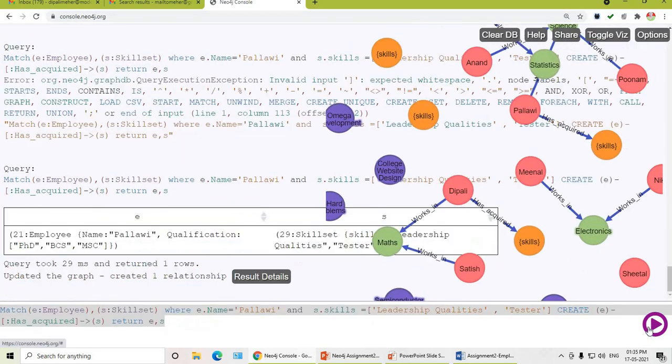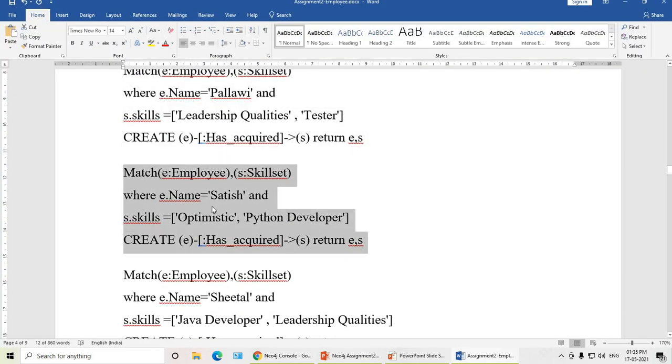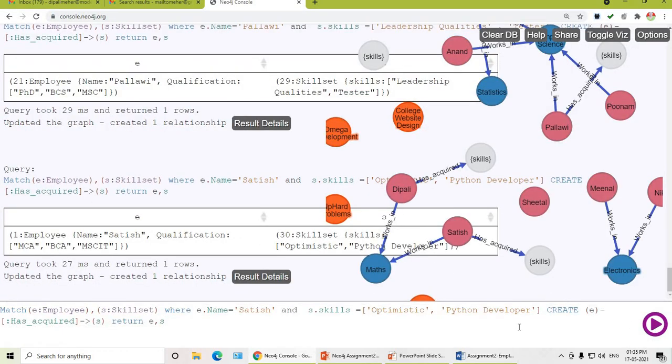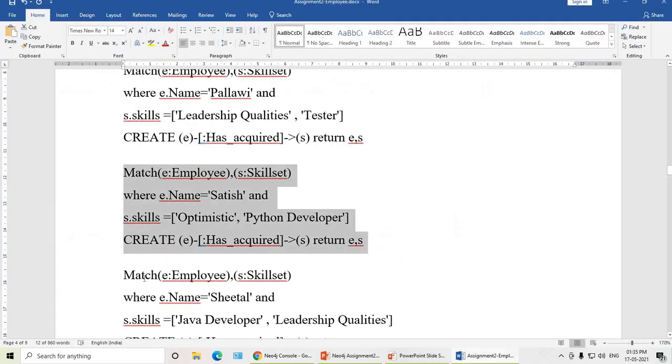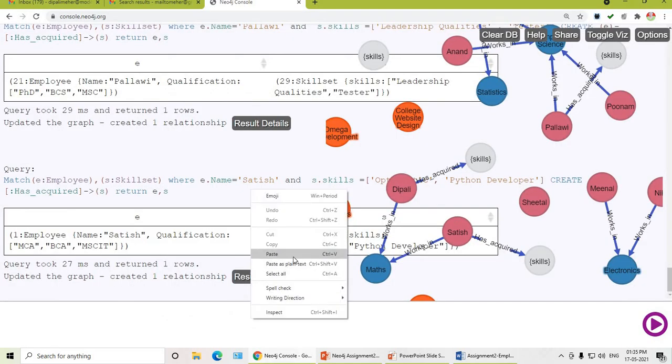No issue. See here. Next one will be again employees having different skill sets. Like this you can take many more skill sets also. Soon I will fire the relationship query. The graph is getting updated. You can notice that.